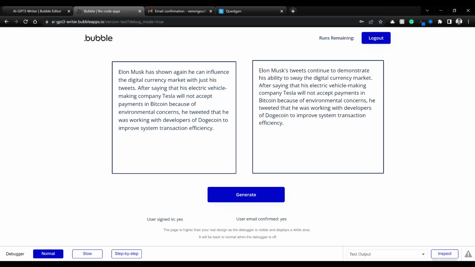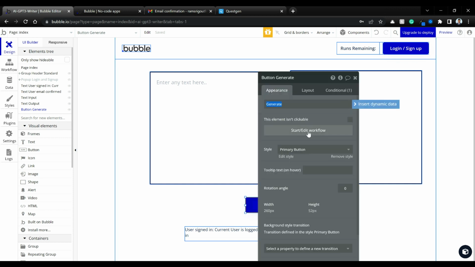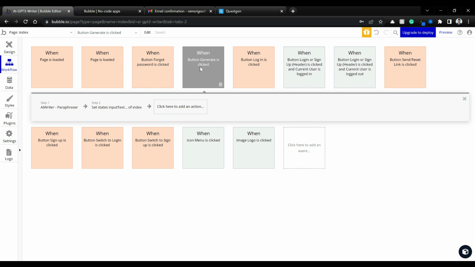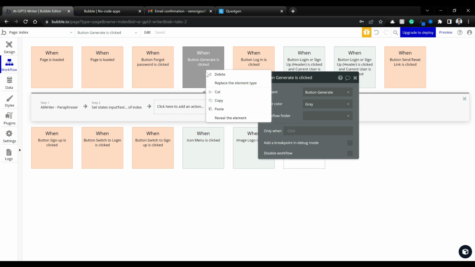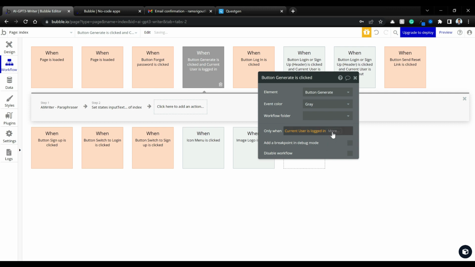So only logged in users are able to run this app. Otherwise, if someone doesn't log in, they won't be able to run this app. So basically, depending on whether a user is logged in and their email is confirmed, then only you should be able to run this app. When current user is logged out, even this should bring up the login and sign up form. So let's click on this and click on start or edit workflow. So we already have when button generate is clicked, but this should only happen when current user is logged in